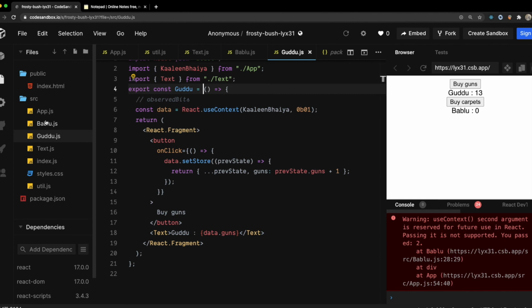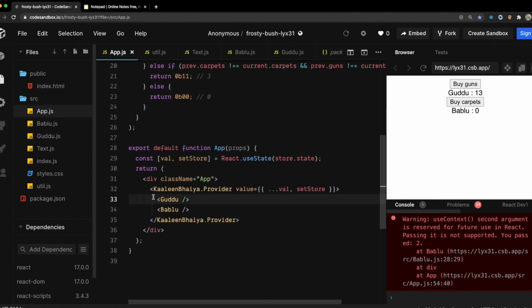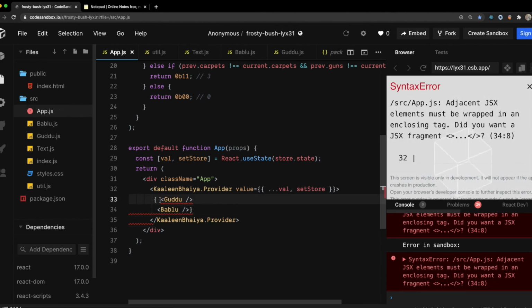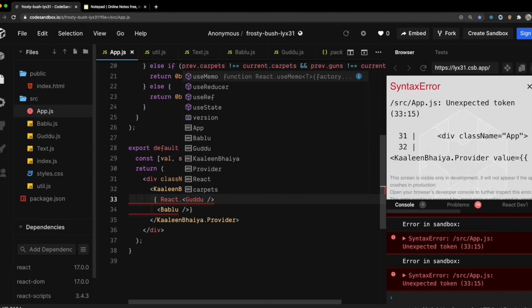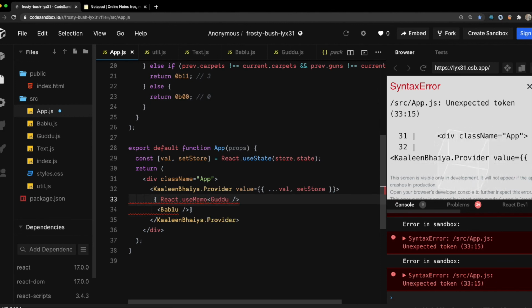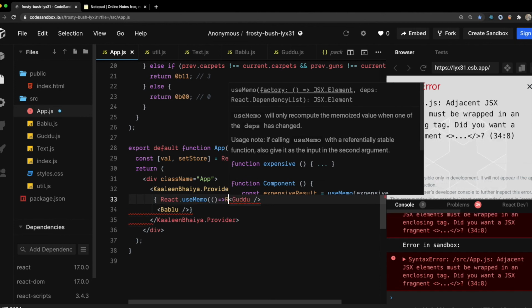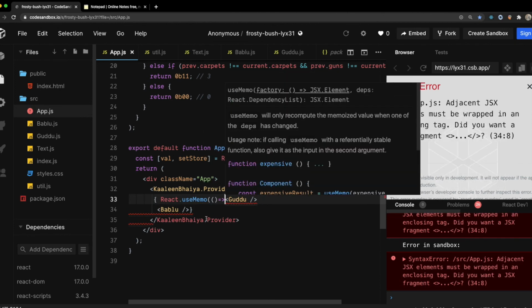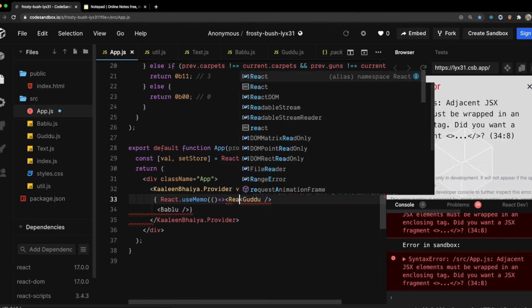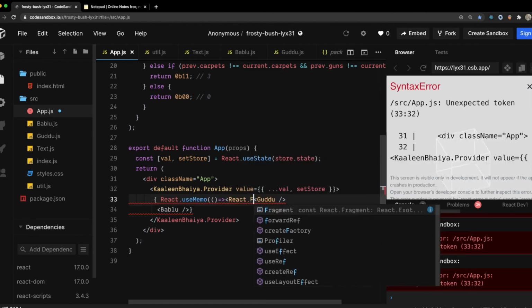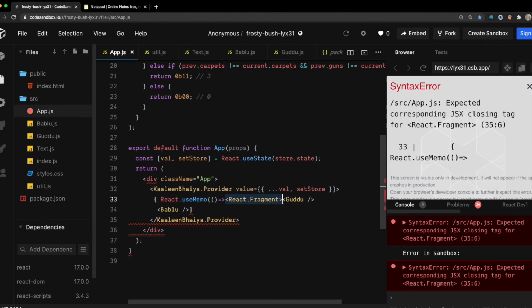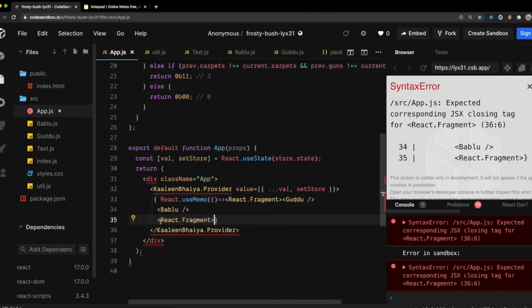So first of all, I will stop this generic re-rendering between the parent and the child. And how I can do it over here is that I will first memoize this whole thing, right? So that I'm sure that my components are just rendering due to the context changes, not due to the parent-child relationship, right? So I am going to just memoize this whole thing, and I know that it returns two components. Since I cannot return two components over here, I have to wrap them in a fragment, right? And we are done, right?